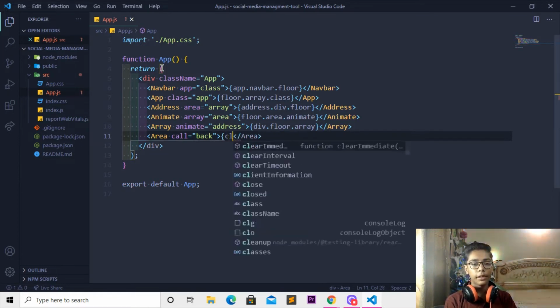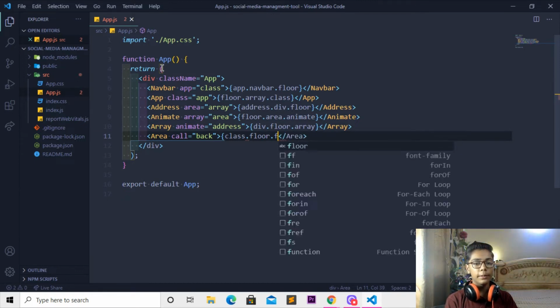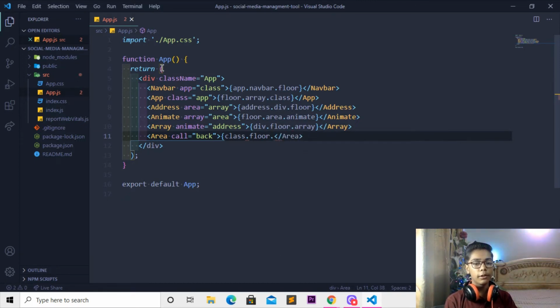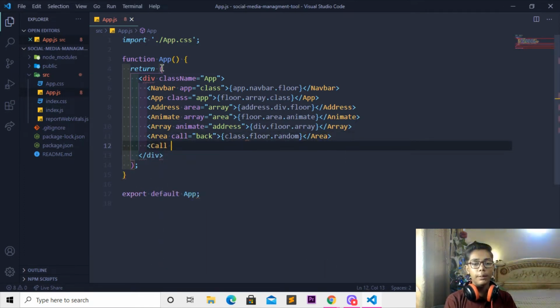and I'll be writing that to floor dot animate. Here I'll not be writing that, simply I'll be changing that to floor, but we have already done that, so I'll be writing random here. When you're done with that, I'll be closing this curly bracket here, and then I'll be coming underneath and changing that to a tag which will be like call, then I'll be moving forward and changing that to like class equal, and we have already done that,